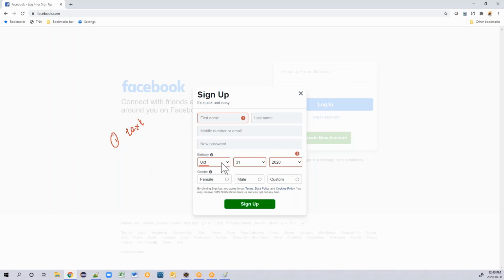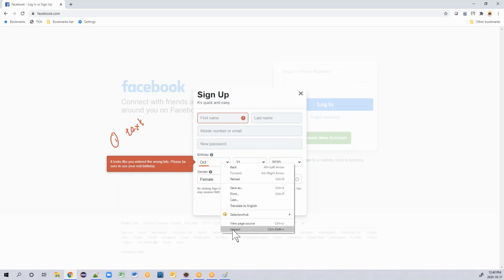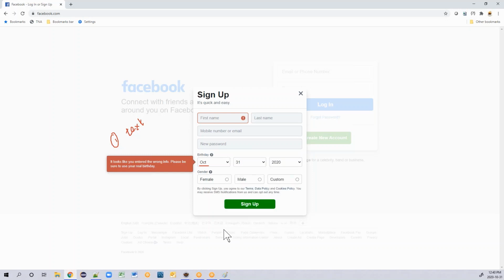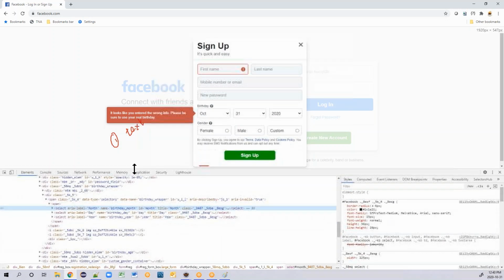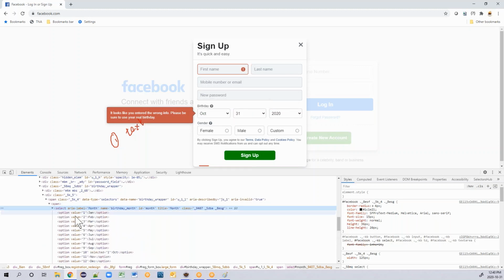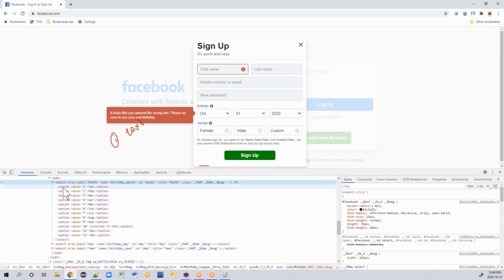The second possibility is, let me right click on this and say inspect. Now I inspected for this. Even I can do for this. When I inspected this, as this is a drop down, the HTML tag name will be select. Expand. Now you see there option value 1, 2, 3, 4, 5, 6, 7, 8, 9, 10, 11, 12, because you have 12 months and all the 12-month values are this.